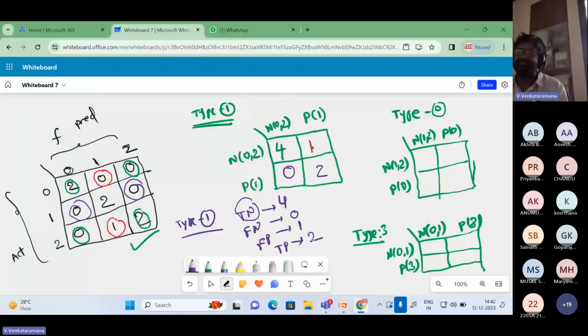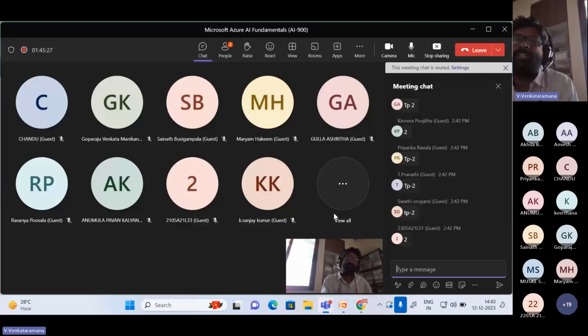I'm not saying the same, but that type. A simple binary classification is very easy, but if it's a categorical classification, it's somewhat difficult. But mostly in the examination, you will get the binary classification only. Anyhow, I'm explaining both. Thank you very much for your response. Most of the people responded with a correct answer. Now tell me, with respect to type 0,